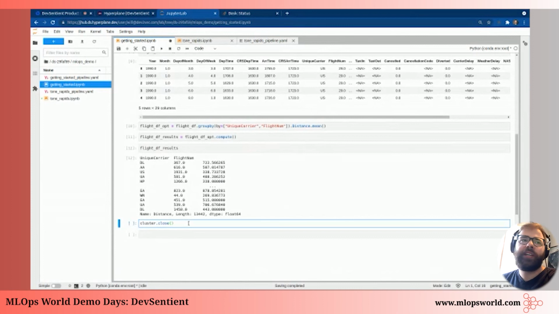However, not to worry, if you forget to include this or if you forget to execute it, we have some smart garbage collection put in place so that if we notice your job finishes or your JupyterHub kernel is torn down, then we will garbage collect your cluster so you're not spending additional money on resources that you're not using.